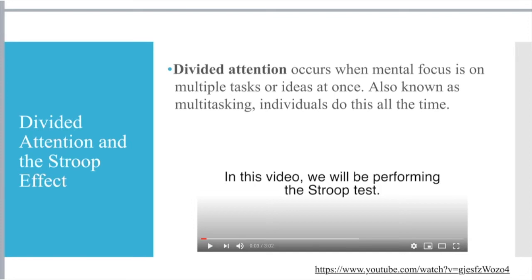They've shown that women are actually better than men at multitasking. They perform all the tasks better that they're doing at the same time. But they are still performing at a lesser level than they would if they were focusing on just one or the other. So you might think you're doing an okay job at multitasking, but research has shown time and time again that we as human beings, our brains are not good at this action. We can't multitask. And so what we're going to look at is this idea of divided attention, and the Stroop effect and the Stroop test is a fun little way to